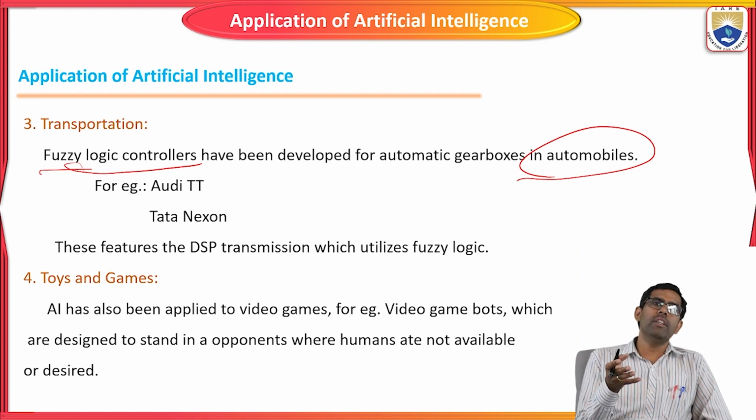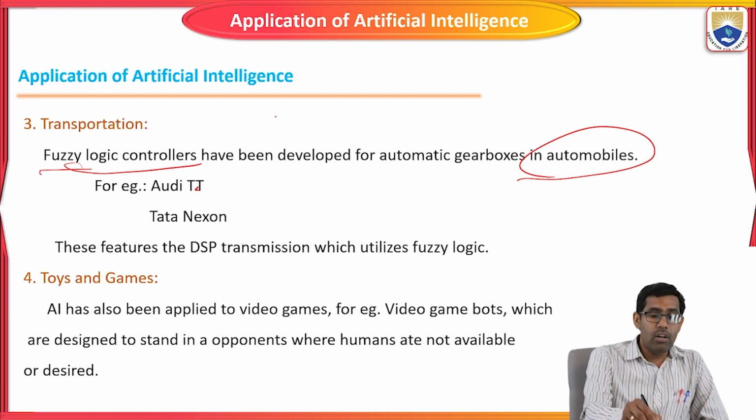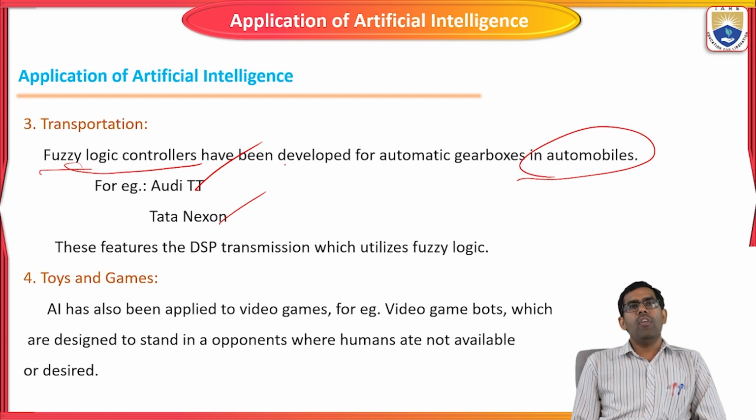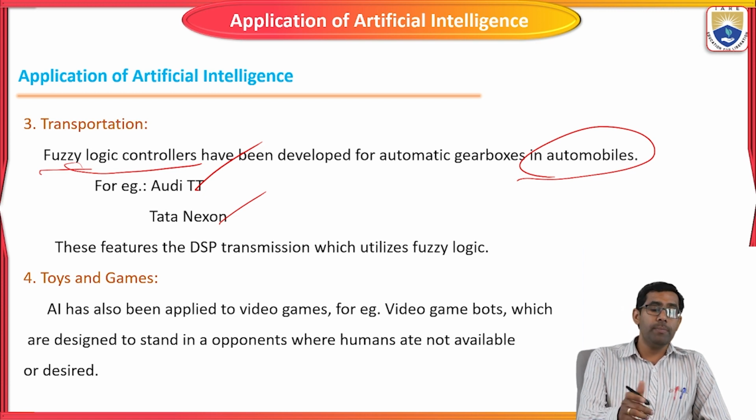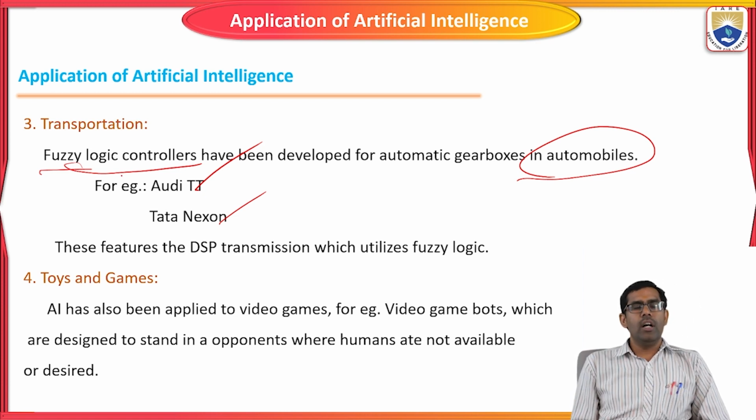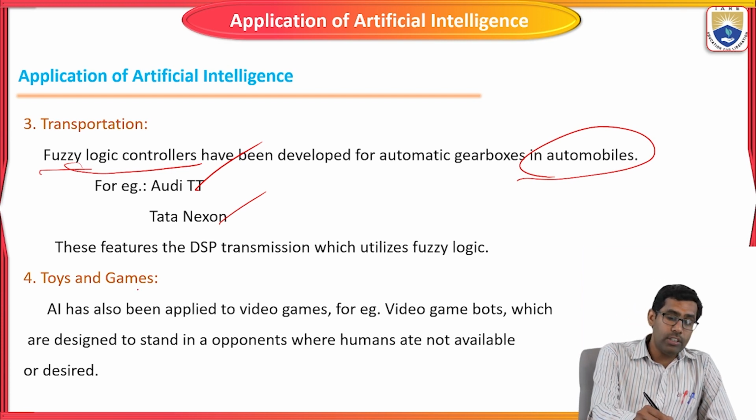They will first test it with some Tata organizations. Okay, they have fully adopted AI concepts only. These features are transmitted with some physiology concepts. Based on these physiology controller concepts only, they are going to implement everything based on artificial intelligence. And the next one is toys and games.